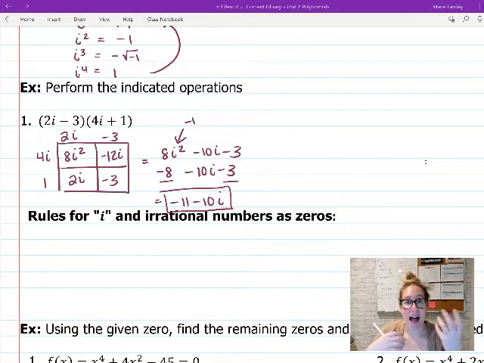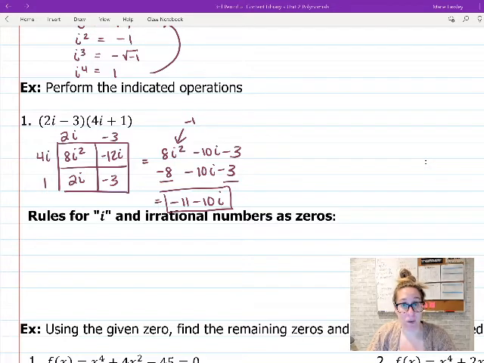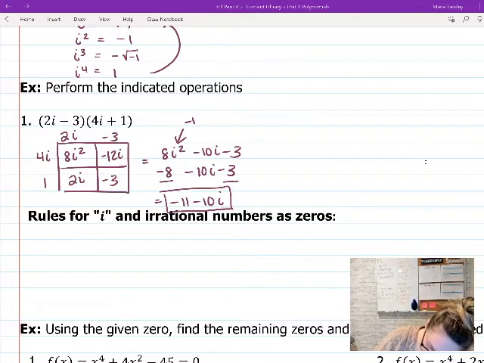So that means you had to do a plus or minus. So when you're dealing with your imaginary, same thing goes with irrational. If you have a square root in your problem, the only way you got that square root was either by using the quadratic formula or taking the square root of both sides of an equation. Anytime those two things happen, you will always have a plus or minus out front of that square root. So here's the main rule that we want to talk about. All right. So if you're given